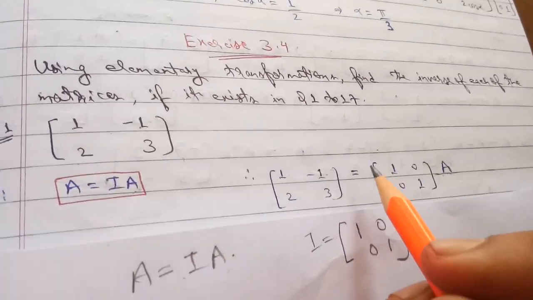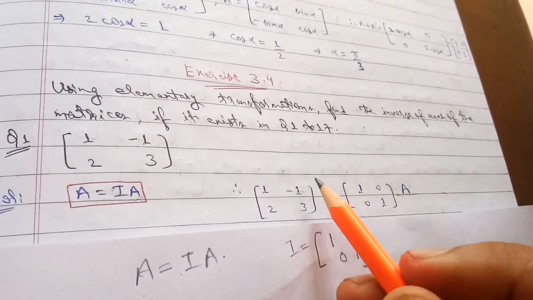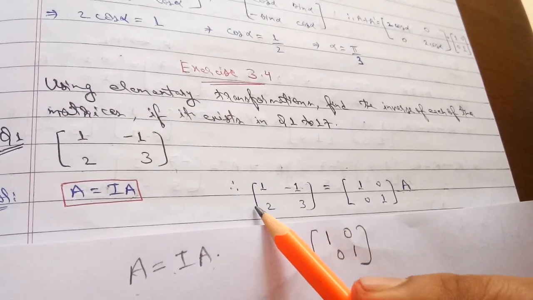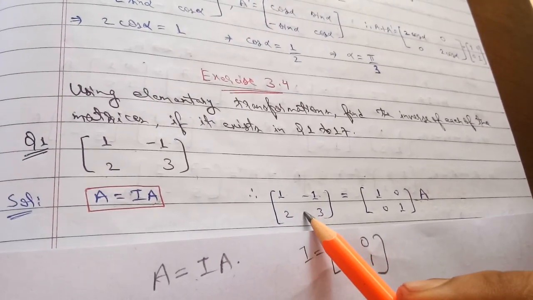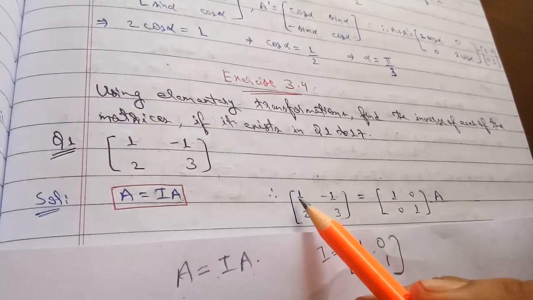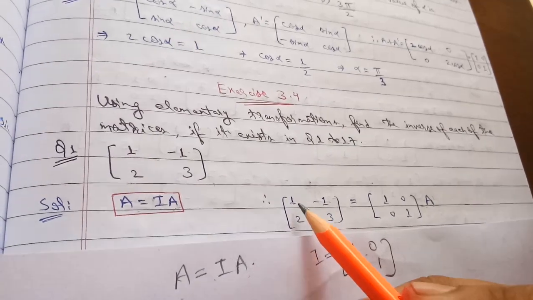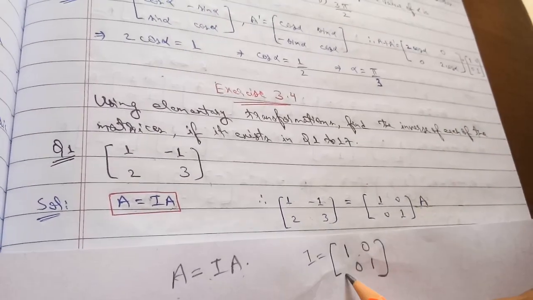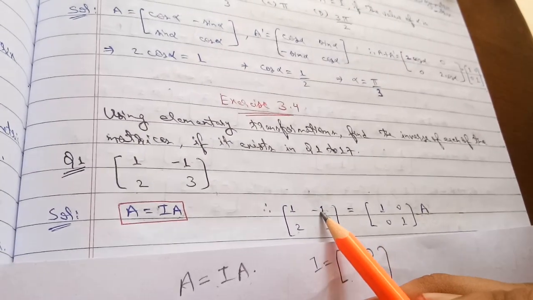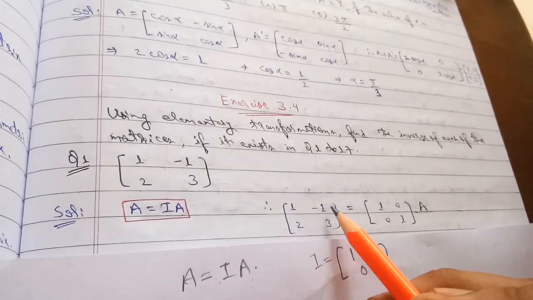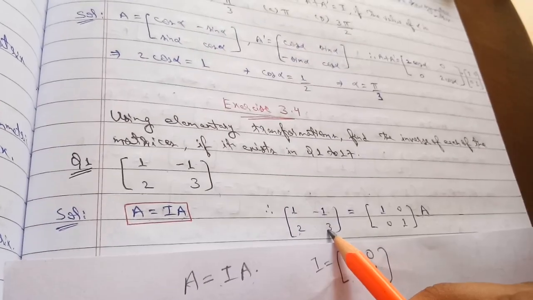So the process is this: this is the given matrix, right? This is the identity matrix. Now we will try to change the given matrix so that it becomes the identity matrix. That means we will try to make it 1. It is already 1, so we will not do anything to it. We will change this 2 to 0 because we want 0 here. We will change this 3 to 1 and we will change this -1 to 0. So our last step should be what? We should get 1 0 0 1, right?